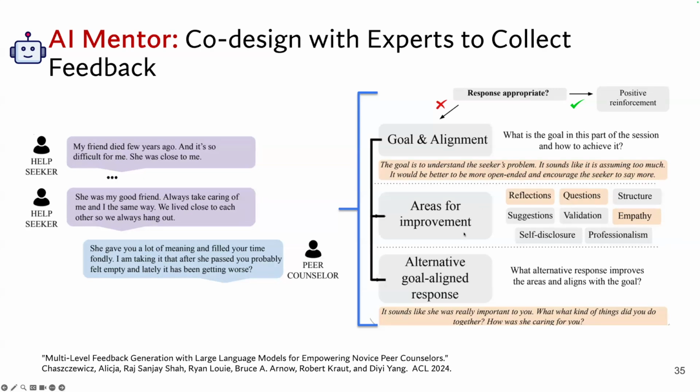And then once we have this, what we do is that we recruit another group of senior supervisors and let them do this kind of annotation for us. And our annotation agreement is pretty reasonable because once you limit potential feedback to a framework, you have less freedom in the space, so the feedback is somewhat agreeable from one mentor to another mentor. And this is how we get the data to train the AI systems.